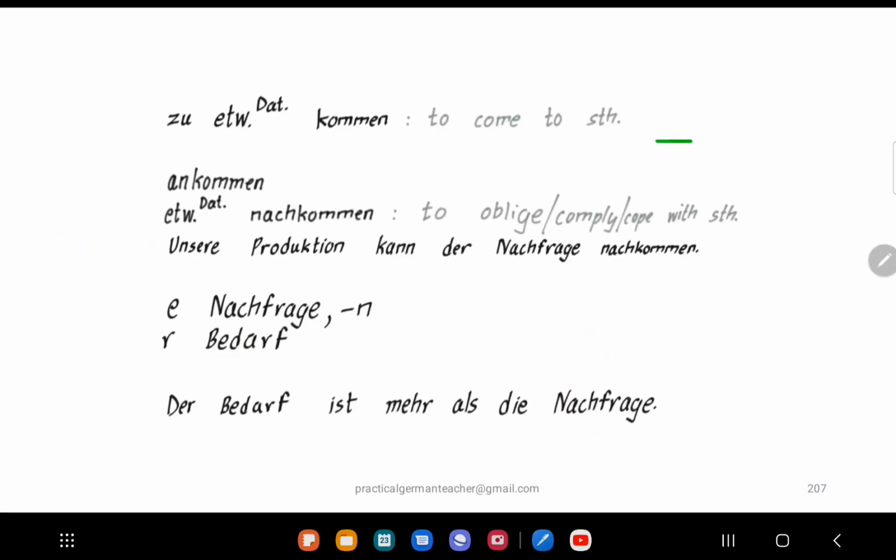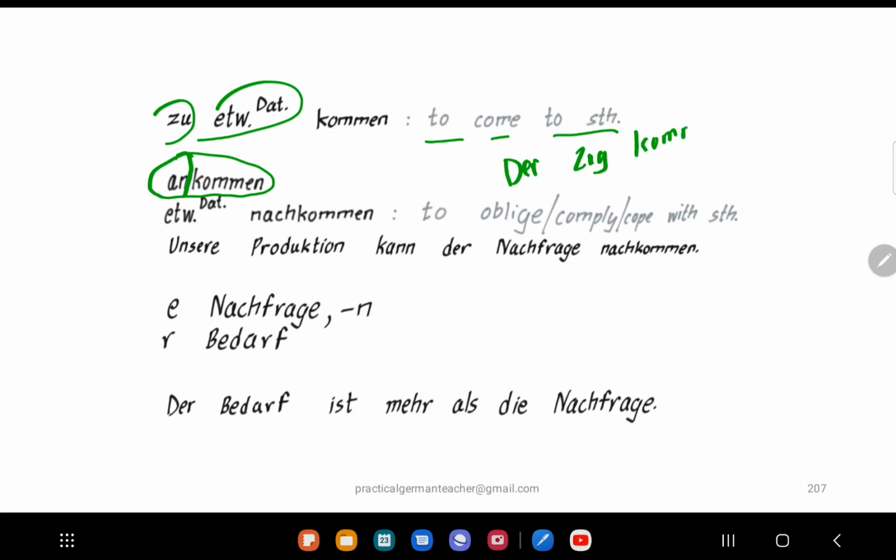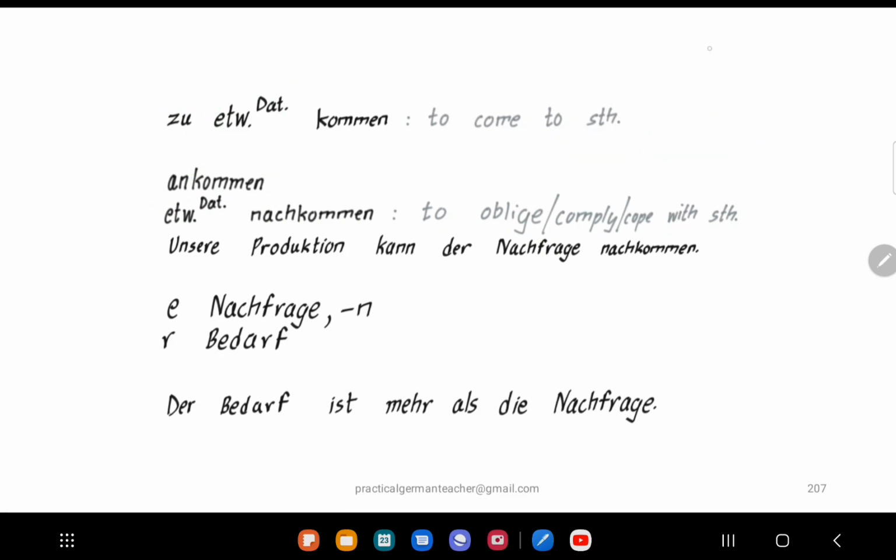For example, you know kommen, right? Kommen means to come. So it was dative, kommen, to come to something. Then you have ankommen. What does ankommen mean? It's a trennbares verb. If you happen to be in Germany and if you have traveled by train, ankommen means arrive. For example, the train is coming, so they will say that der Zug kommt an. Meaning changes. So now you have etwas dative nachkommen. It means to oblige or comply with something. Again, it's a trennbares verb. Okay, nachkommen. Here an example is: unsere Produktion kann der Nachfrage